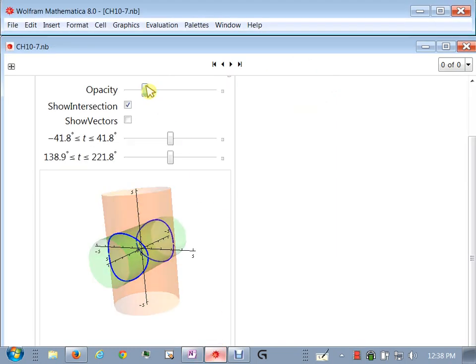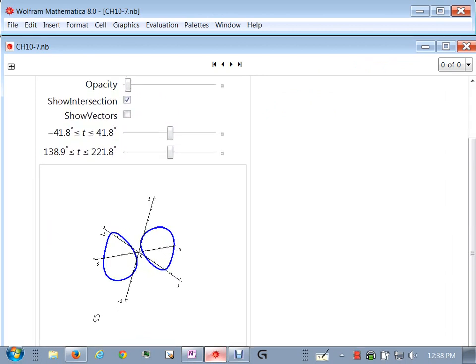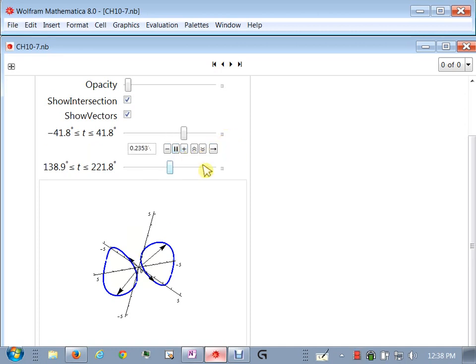But let's go back to this. Why do I have two curves? Well, I had plus or minus, right? One of these is the plus, one of them is the minus. Okay, the domain restriction, here's the actual curves. This is what happens if I let t be between negative 41.8 degrees and 41.8 degrees. I draw these two right here. So one of them is drawing the top, the other one is drawing the bottom of this one. And then if I let the domain restriction be this one here,